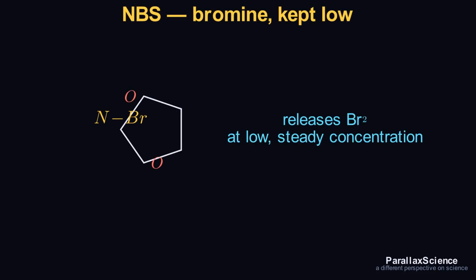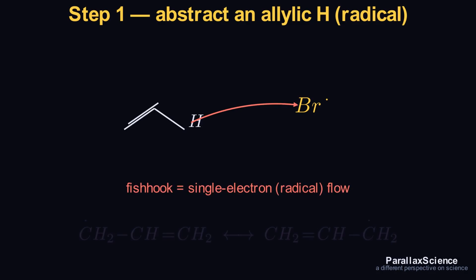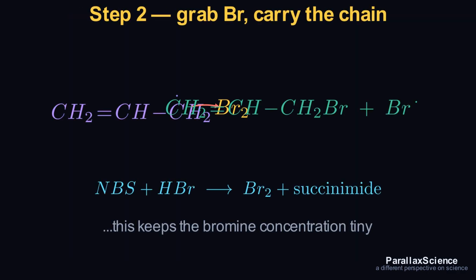N-bromosuccinimide, or NBS. Its quiet secret is that it releases bromine in tiny, steady amounts, keeping the concentration very low. Under radical conditions, a bromine atom abstracts an allylic hydrogen, the one next to the double bond, giving a resonance-stabilized allylic radical. That radical grabs a bromine, forming the allylic bromide and releasing a new bromine atom to carry the